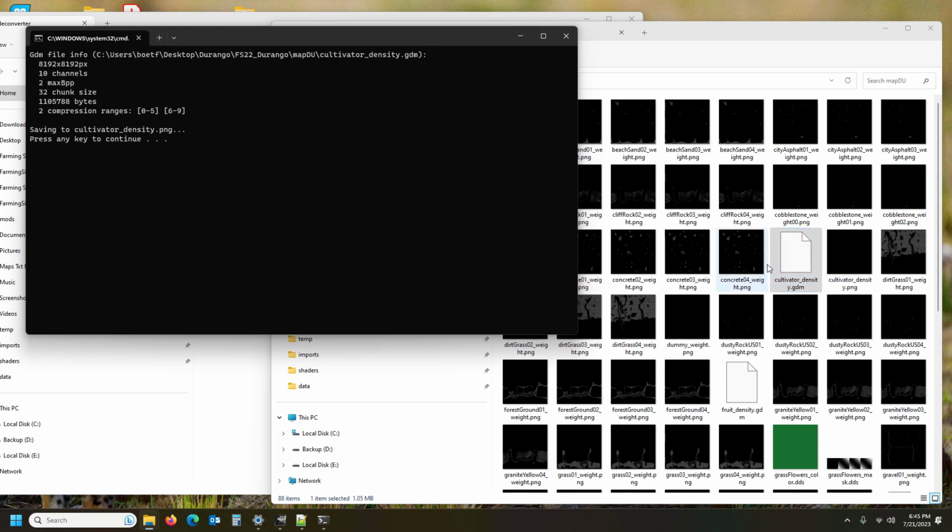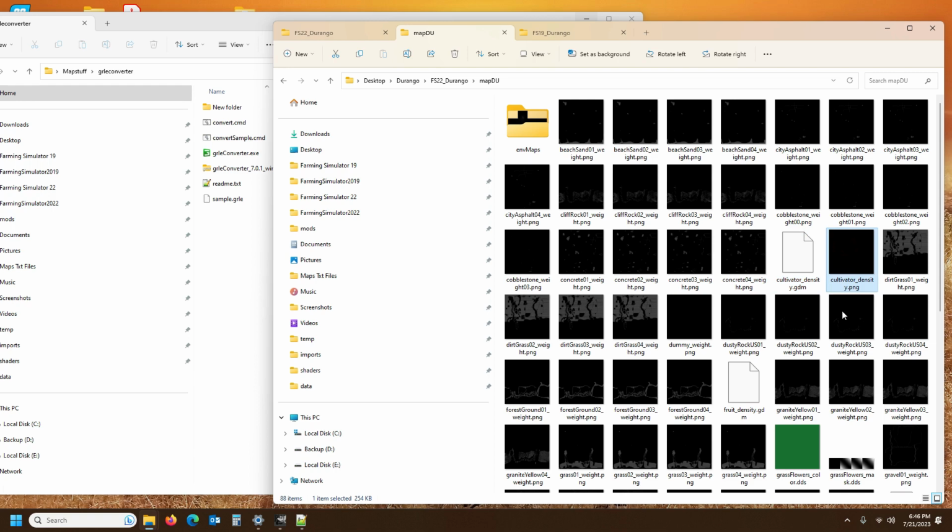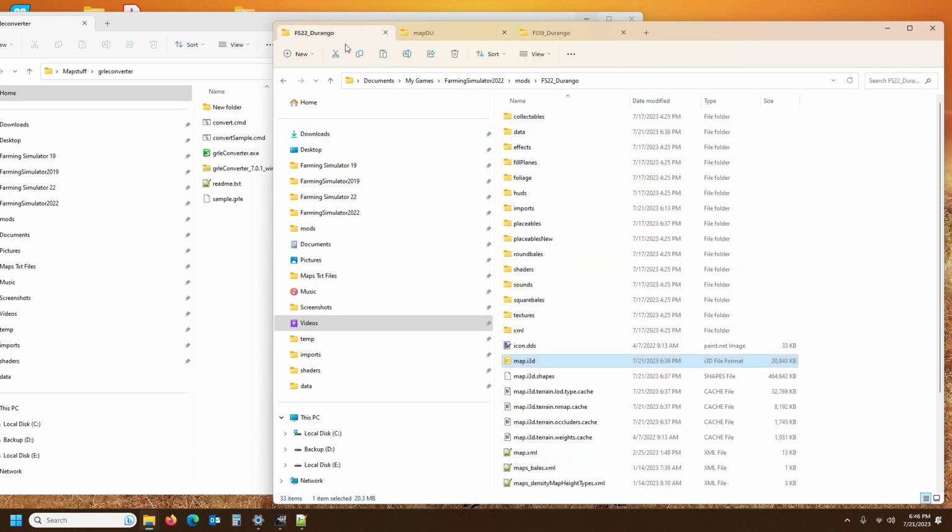So if that is your case, you're going to need to find a version of the map that was made before the multi-terrain angle and get its cultivated density file, or you're going to have to redo the whole map's terrain ground. So yeah, quite a pain if that's the case, but in our case here it is very nice and easy, not a problem. Alright, so cultivated density PNG, I'm going to cut that out here, bring it into Durango